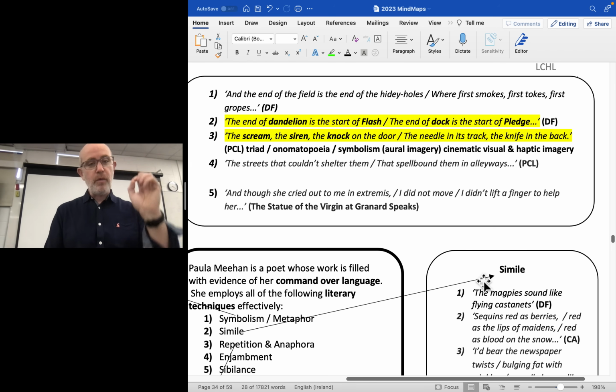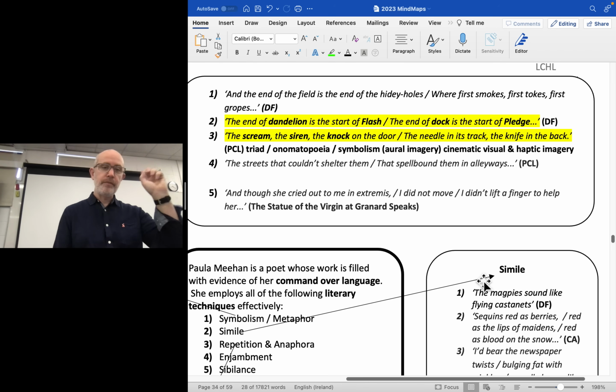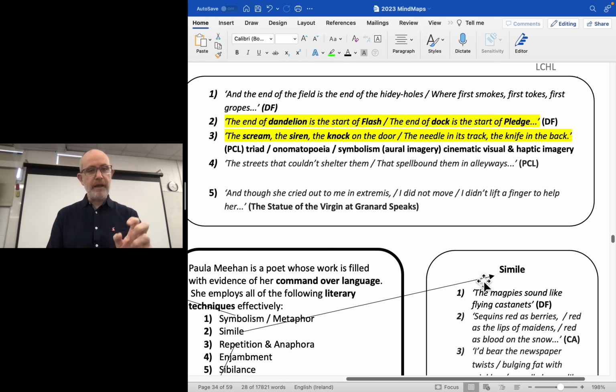And I love the way she juxtaposes the artificial with the natural. I think it's 10 times in that section of that poem, Death of the Field. And just learn one example. The end of dandelion is the start of Flash. The end of dock is the start of Pledge. Just think about those juxtapositions. They're really, really clever. You have the chemical